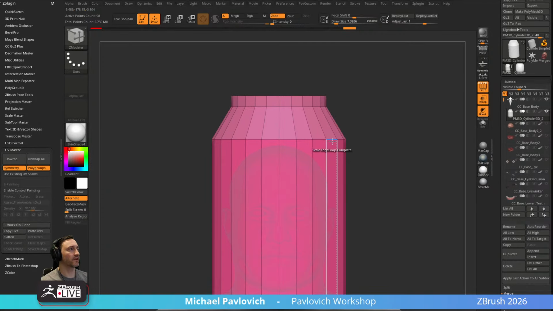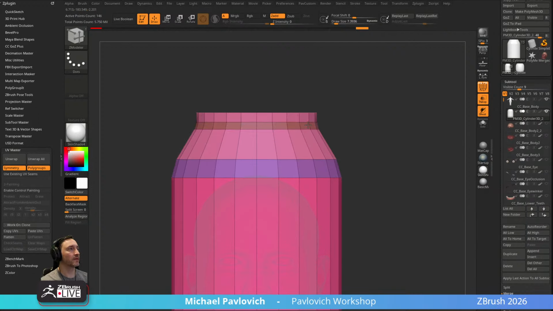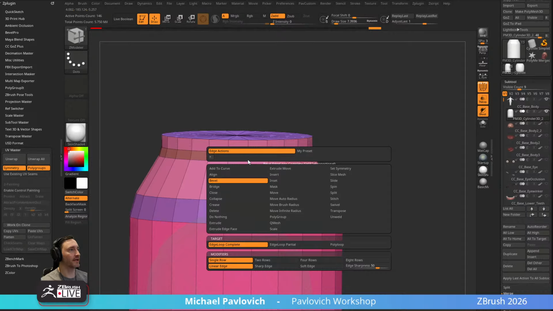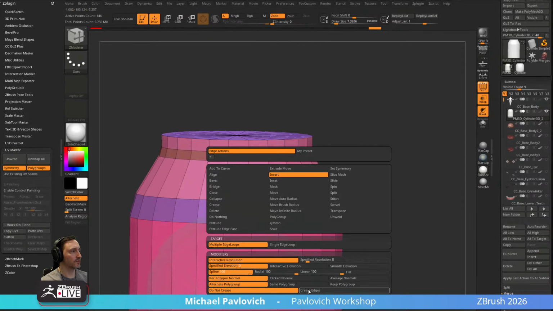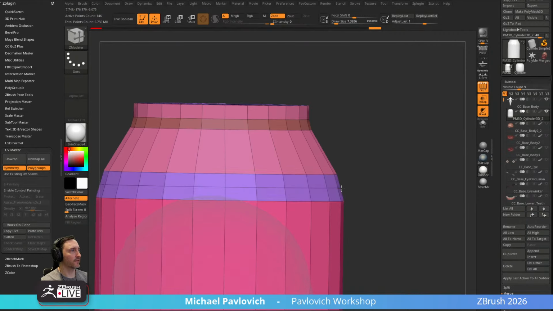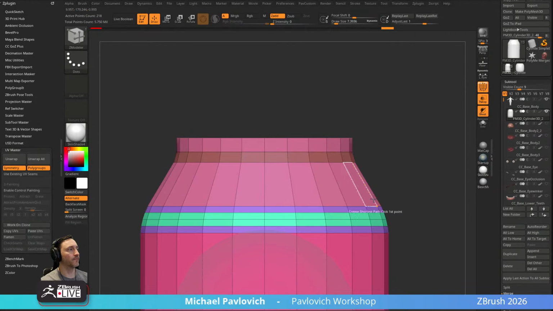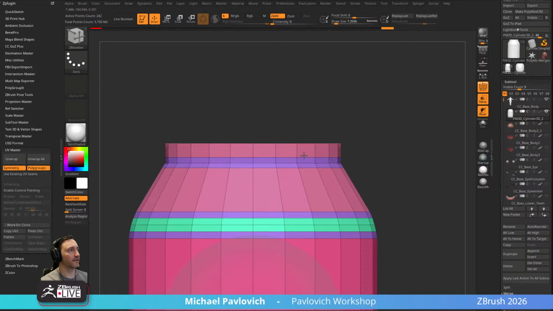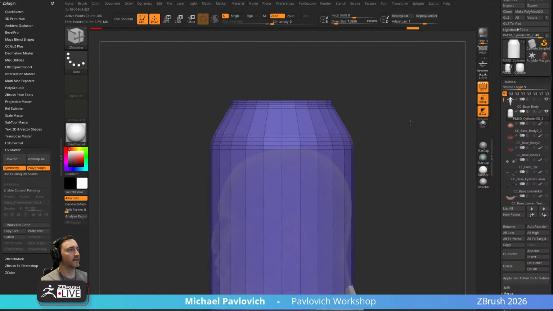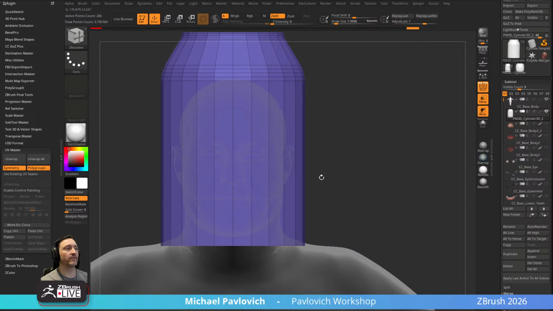So something like this. And if we want to soften this out a little bit, we can say bevel here. That'll kind of round that out. And then we'll soften this one out too. And in fact, we could even go in here and say insert multiple edge loops, interactive elevation. So as I go through here and we want to round this out, we can just pull and drag up and down. We can kind of round this out. Soft transition, we could pull this in and round it out like so. So you can just go in and dial in the roundness, and then as it comes down here,